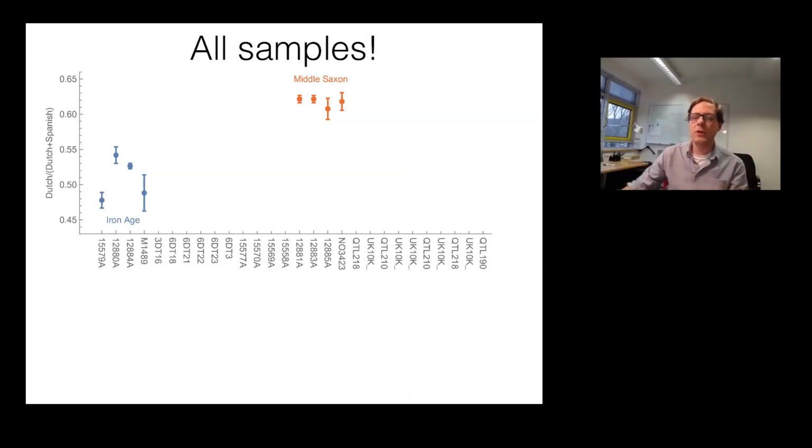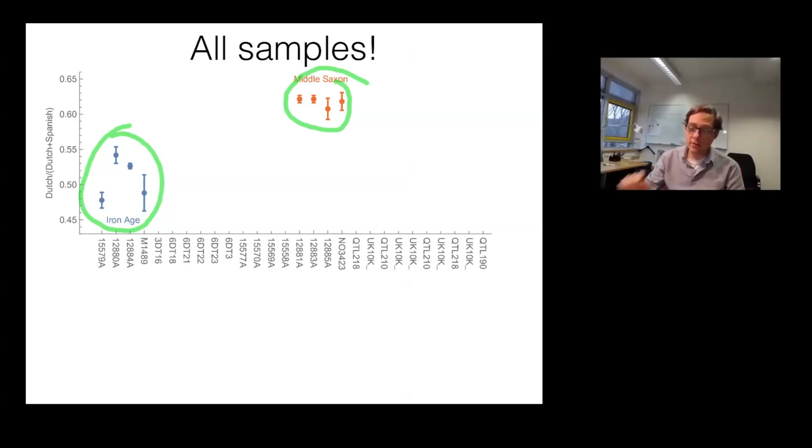Here's this plot where we now have all the ancient individuals along the x-axis, and we record how much Dutch sharing, how much allele sharing with rare alleles ascertained in present-day Dutch they share, relative to alleles shared with present-day Spanish. You see these two levels that I also highlighted in the previous slide: the Iron Age population down at some lower level, and Middle Anglo-Saxons from Hingston and from York, I should say. It was very satisfying for me to find out that the York Middle Saxon sample that they had falls exactly in the same range. These two form the two poles,